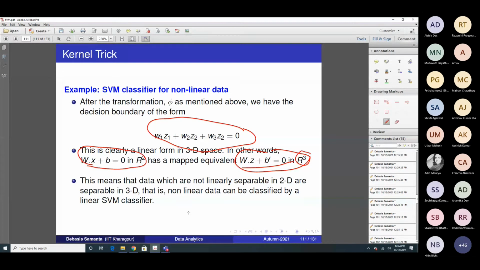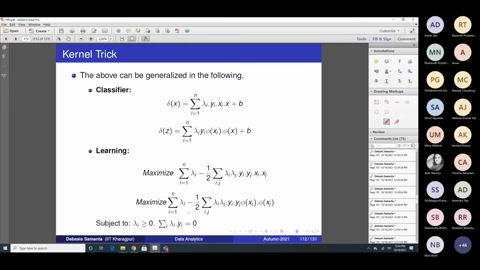Now let's see how the two things are equivalent. Here again, so far as classification is concerned, they remain the same. This is the decision maker in x dimension, and this is the decision maker in z dimension, because x is now to be converted into z type. The data in the x values needs to be converted into the z values, right? So here this is the transformation, and here the transformation. Now you see xi is converted into phi xi and x is converted into phi x.